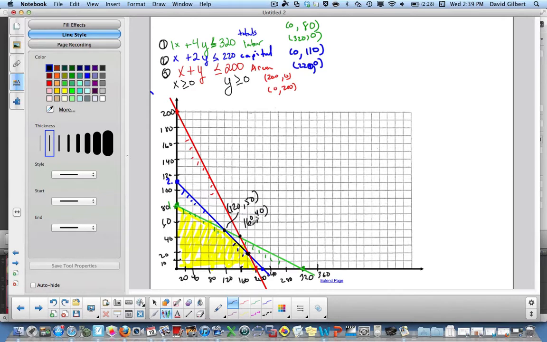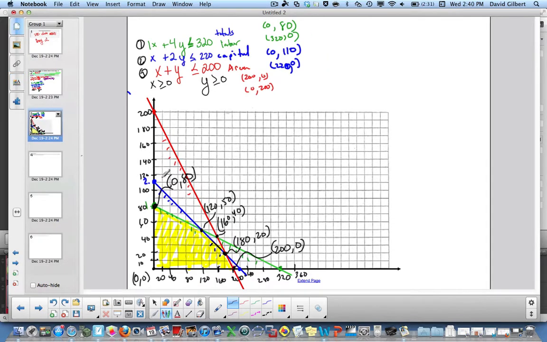It does not matter for this, but it matters for the sensitivity analysis. And then these are 180, 20. And then we also include 0, 80, and this intercept, which is 200, 0, because they're on the edge of the feasible region. Technically 0, 0 is also one, but certainly planting 0 crops is not going to give us our optimal